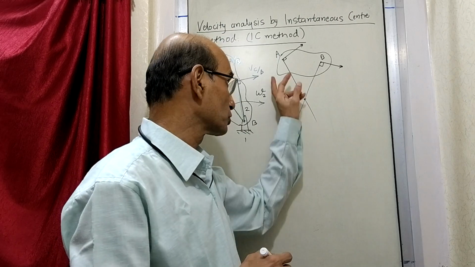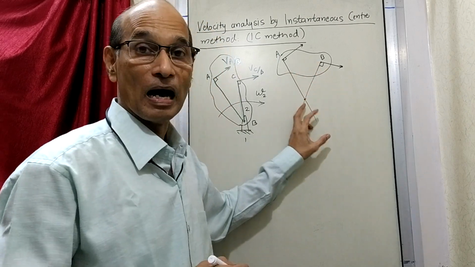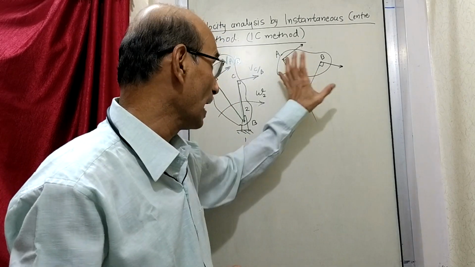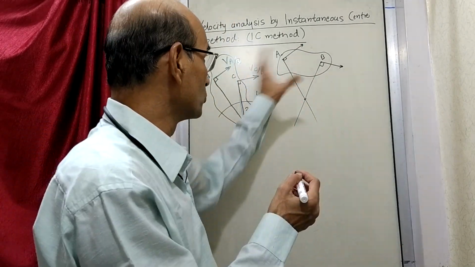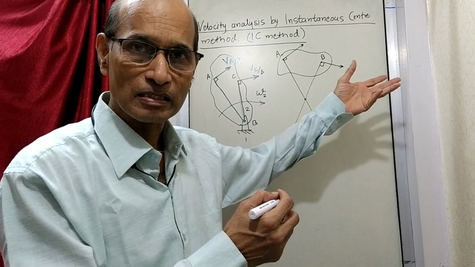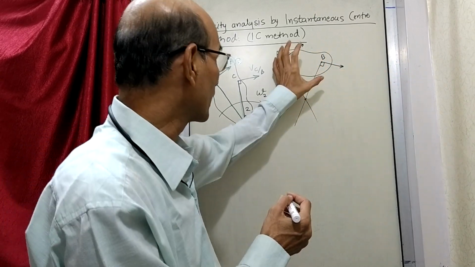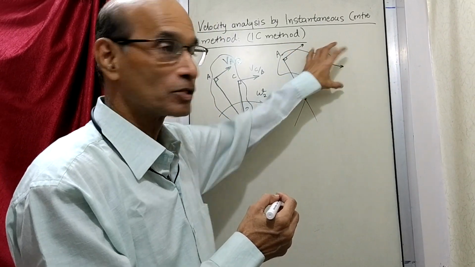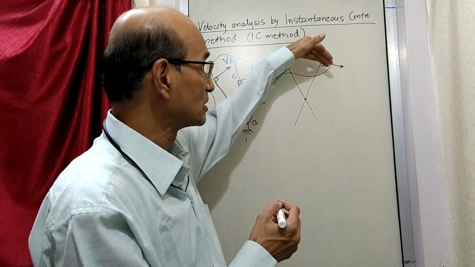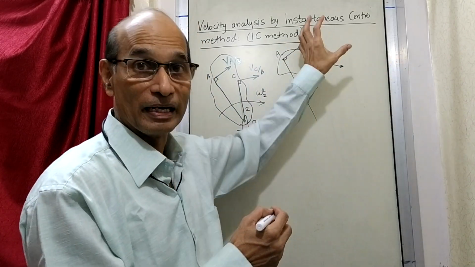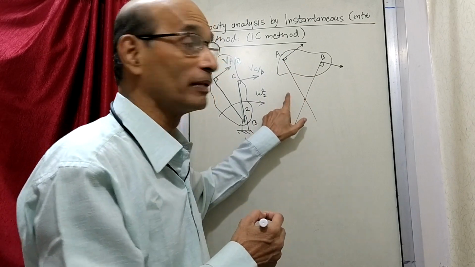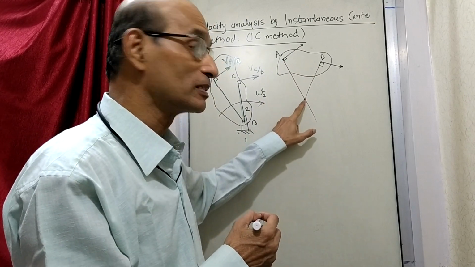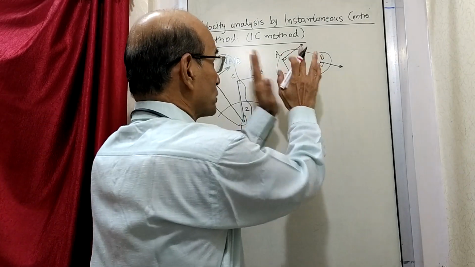So the center of rotation of this link is here, and it is here only at this instance, because the next instance, if you see, this link is moving. Suppose you take the next second, this link will go somewhere else. So the velocity of A will be something else, velocity of B will be something else, and if you draw perpendiculars and try to locate the center, it will not be this, it will be something else. So this center is only at this particular instant.